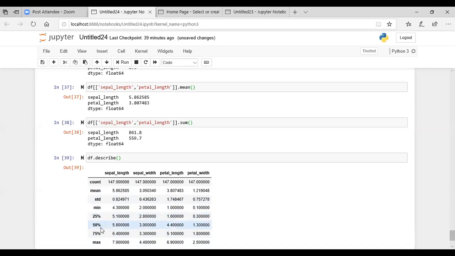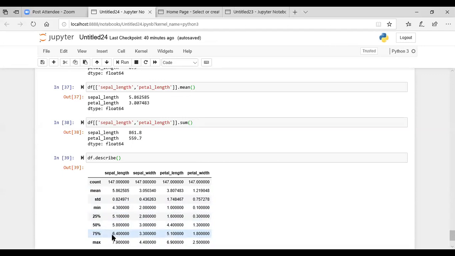And here you can see 25%, 50%, and 75%. So what is this 25% giving you here? 25% of the values, or the rows of the original sepal length column, are less than or equal to 5.1. 50% indicates what here? 50% of the rows are below or equal to 5.8, and this is the value for 75%.